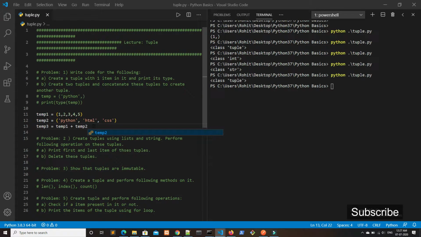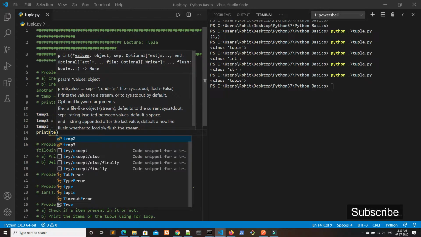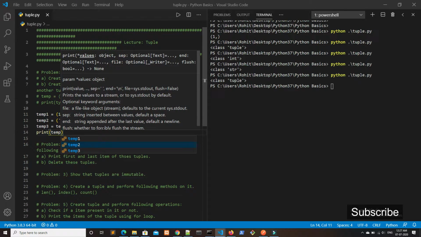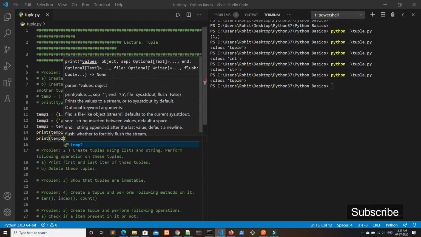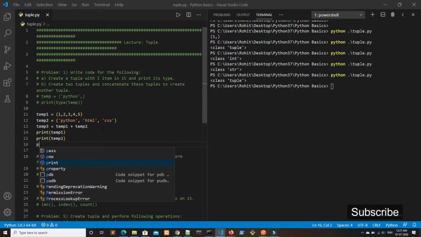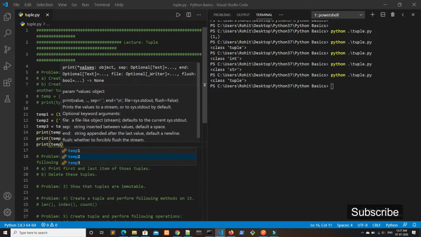This will copy all the values to temp3. I will be printing every tuple, so temp1, then print temp2, and then I will be printing the final tuple, that is temp3.